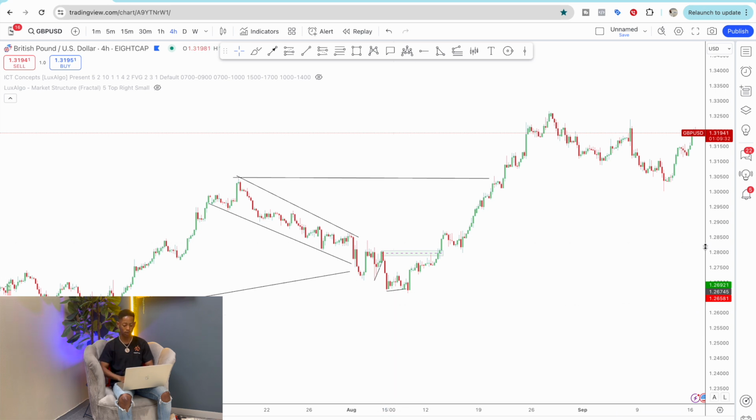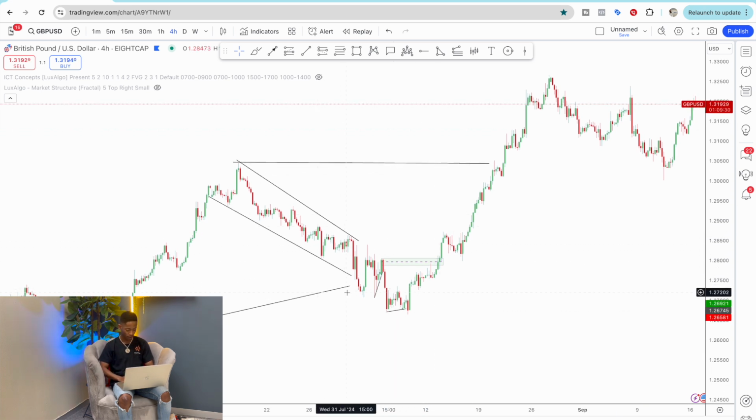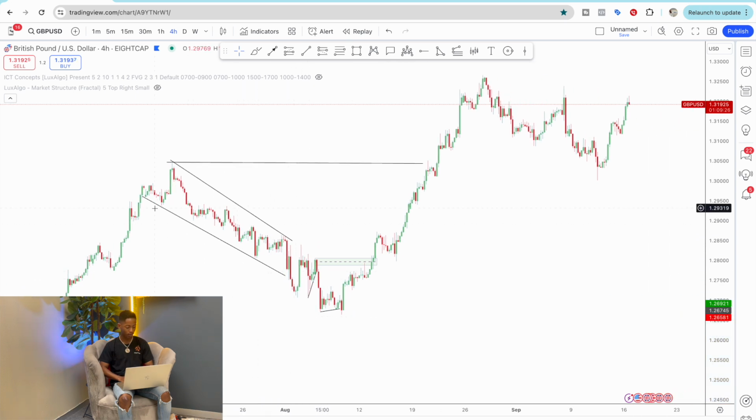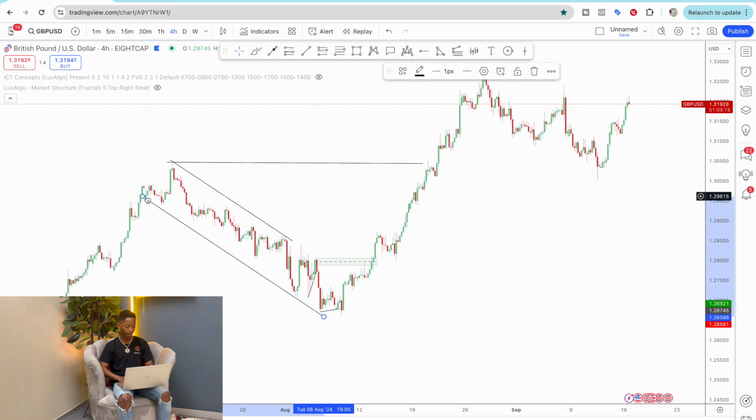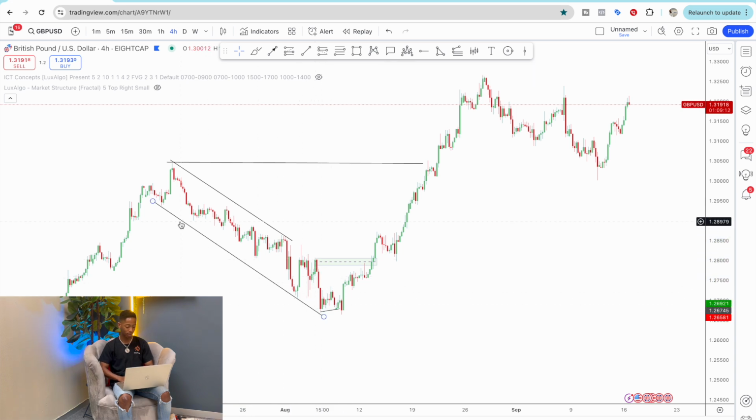Okay, so I'm just gonna do this here, but you can simply see that with this, we've got this here be our first touch, we've got this right here be our second touch. So obviously, just by expanding and being able to look at this section more like this, you can easily see that it's much easier for us to spot the first touch, second touch, and as well third touch.